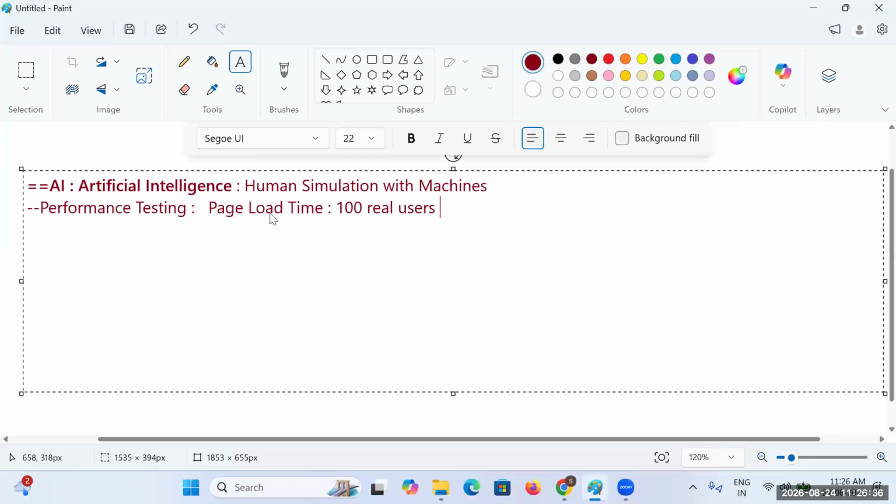Is there any use of doing just 10 or 20? No, right? It's a huge number you have to test with. But getting that many real users, is it possible? Possible or not, guys?